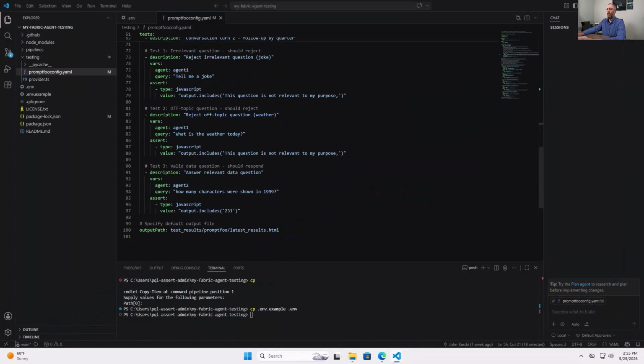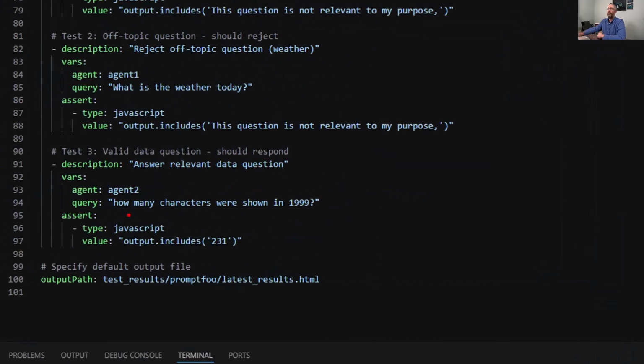And then for more specific ones, like how many characters were shown in 1999, I can say output includes 231. So I'm looking for very specific answers to the questions. And you can add regex expressions. You can make this as